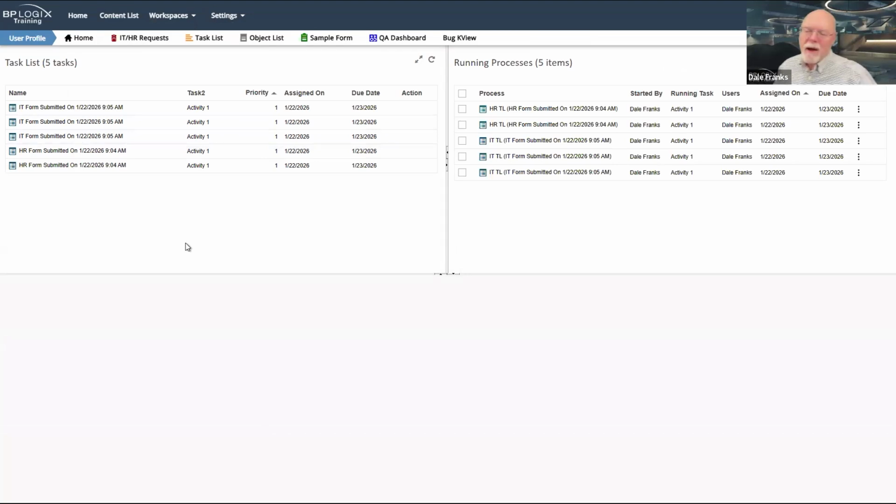Now, in this case, since I only have these processes running on my installation, I have the same 5 tasks displayed here as are displayed in the advanced UI workspace. If I had additional tasks, they would show up here in this workspace because this is my global task list.